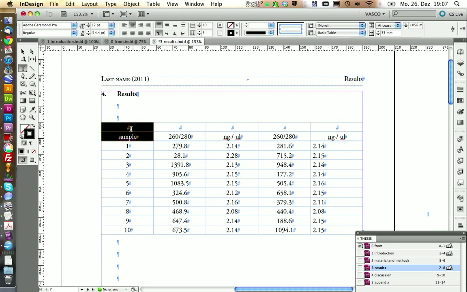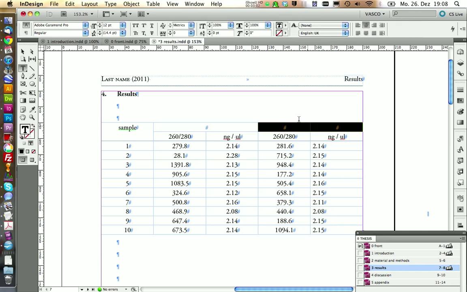Now I want to merge those cells. We can do this by clicking this button. And this will make the structure a little bit more clear. And we can call this one measurement 1 and the other cell measurement 2.